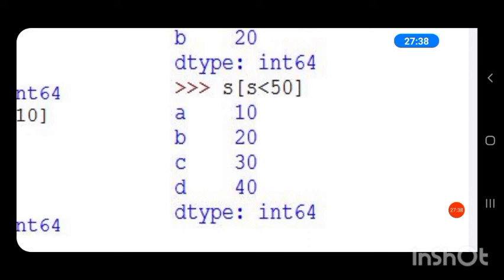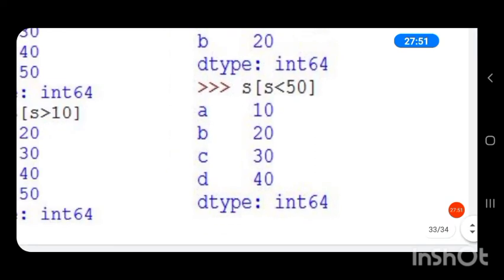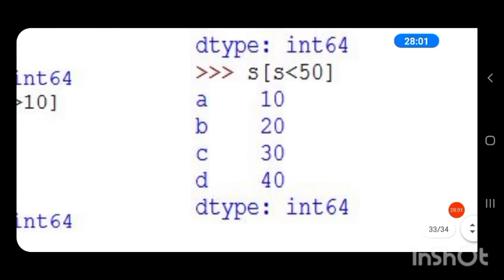So this will create a new series from S. It will not make any change in the series S, it will just display what we need. So S in square brackets S less than 50 will create a series with all the values in the series less than 50.